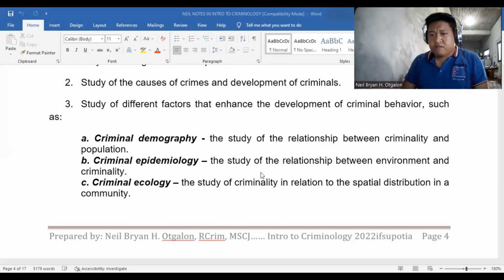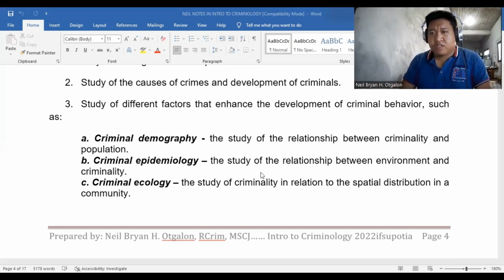That is all about epidemiology. As for demography, does population density or volume have an impact on the existence of criminality, compared to when there are only a few people? So, those are the things that you should remember in criminal demography, criminal epidemiology, and criminal